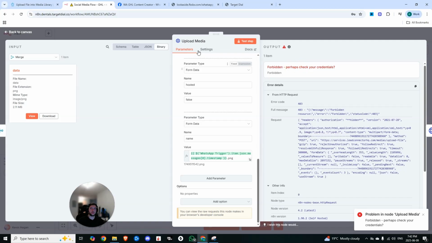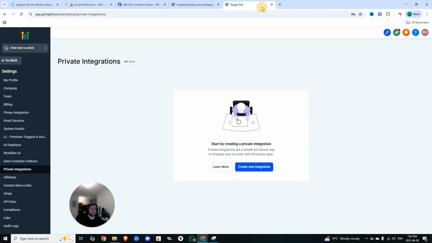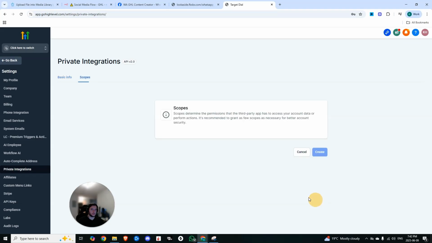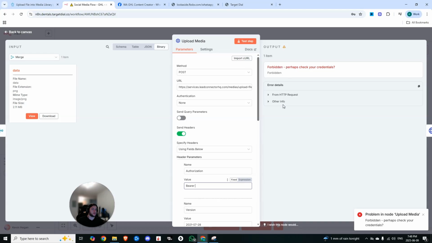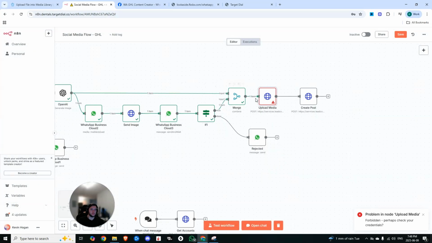Check credentials. I think what we have to do is use the private integrations at the agency level. So that's what we're going to do right now. And once again, we're just going to add in all the scopes. Okay, so this would work, but we are getting forbidden and I'm using the agency level private integration token and it's still not working. So it's likely some other issue,